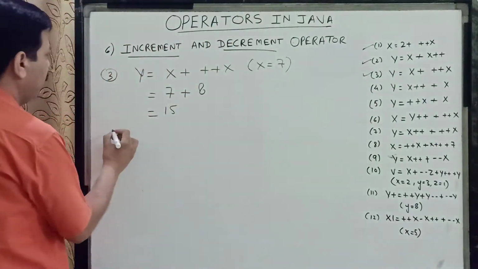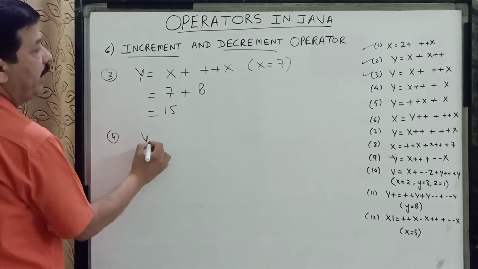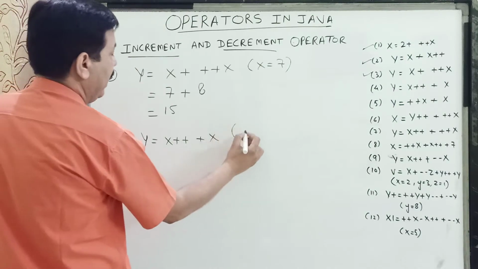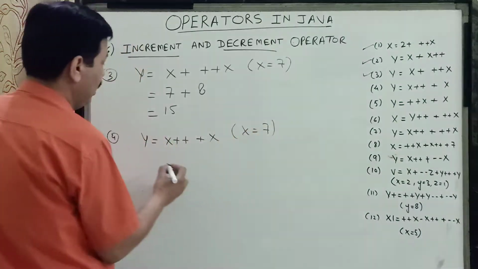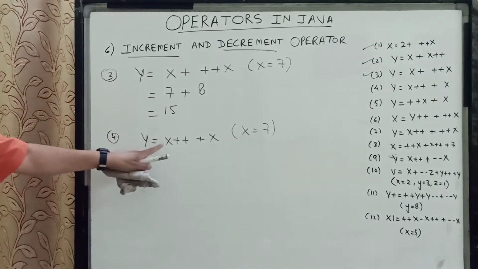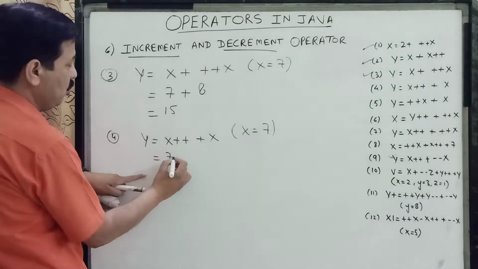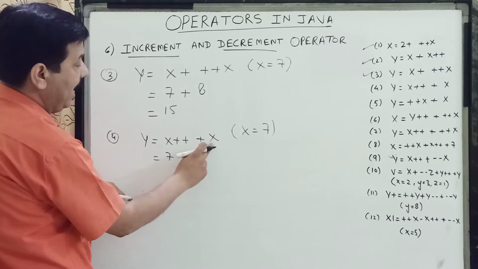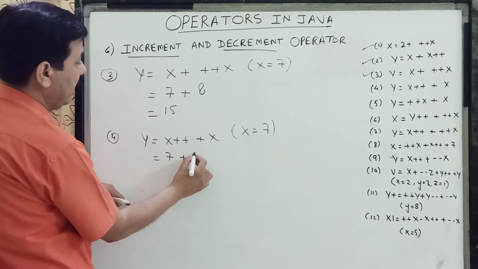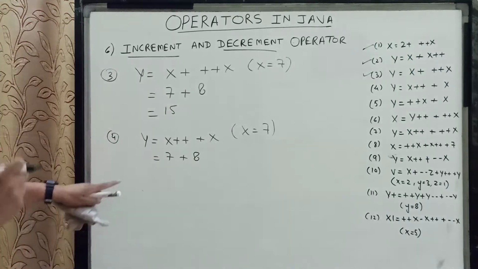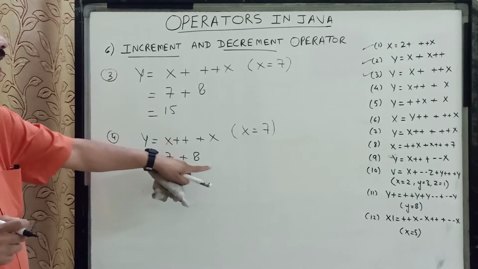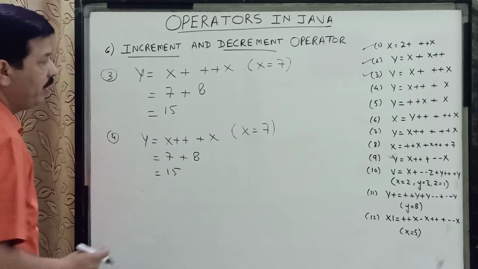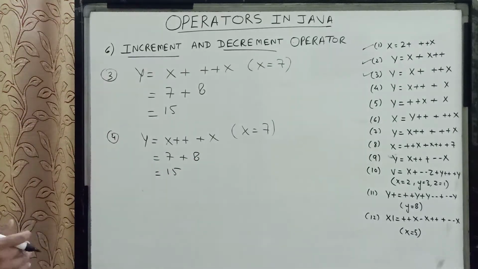And if we see the fourth one, children, where it is written y is equal to x++ plus x. So again I am taking the value of x as 7. So here, children, since it is a post expression, 7 will be used, but now its value is changed to 8. And when we again add x, its value will be 8. So children, here we see that x is first used and then its value is changed. So the value will become equal to 15. I hope you are following this method of doing.